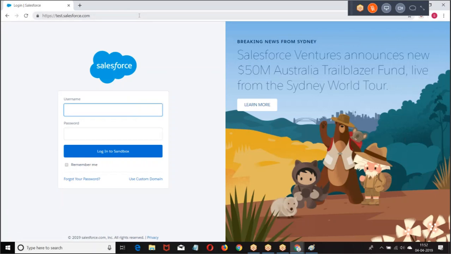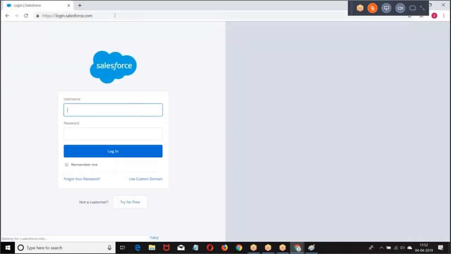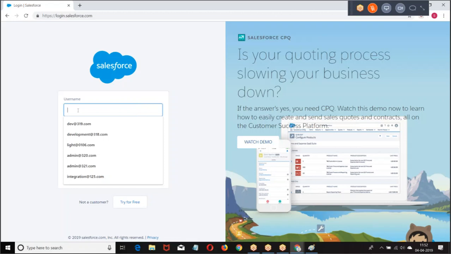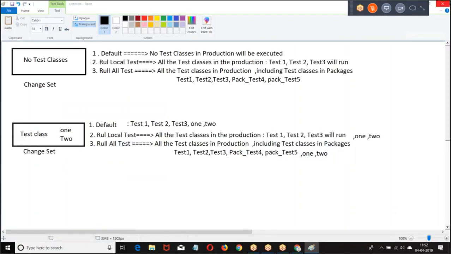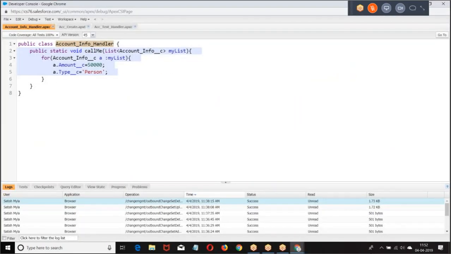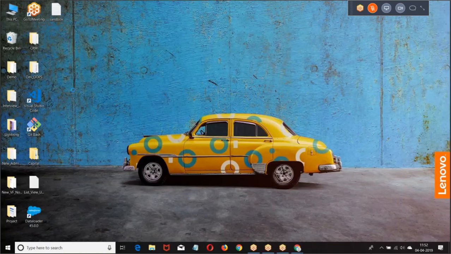So if you want to deploy using ANT, how do you deploy it? If you want to deploy using ANT, we require a couple of files.